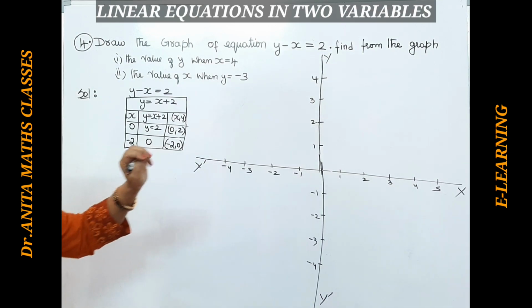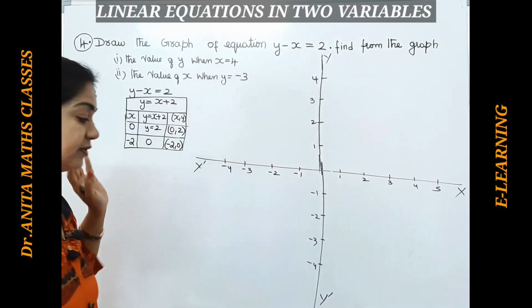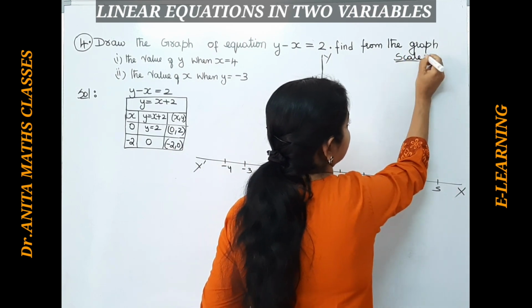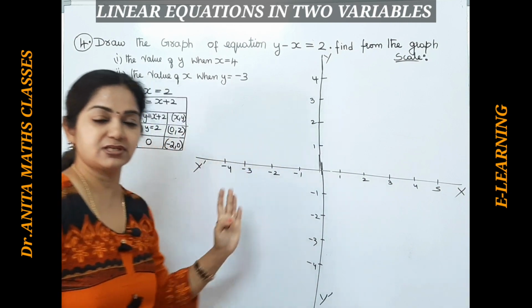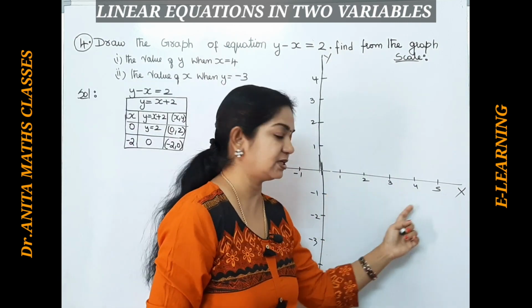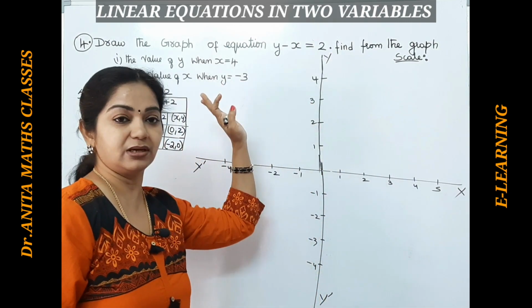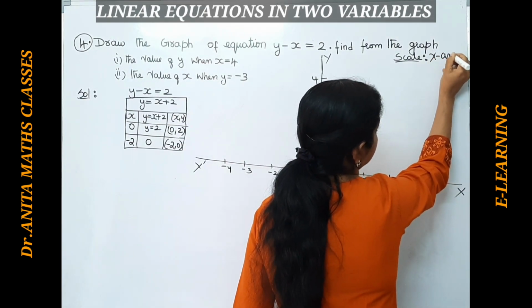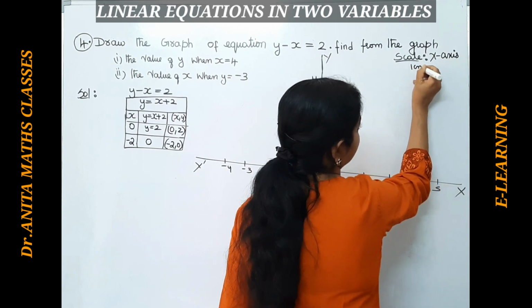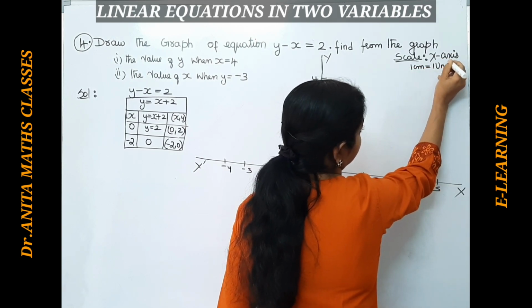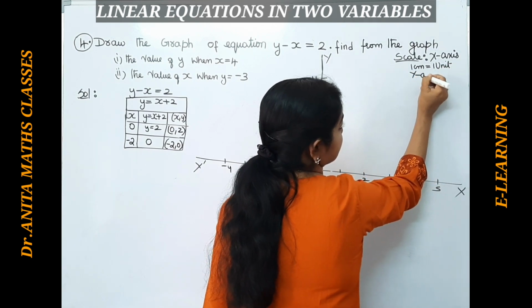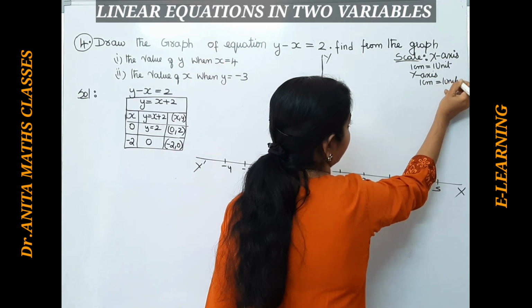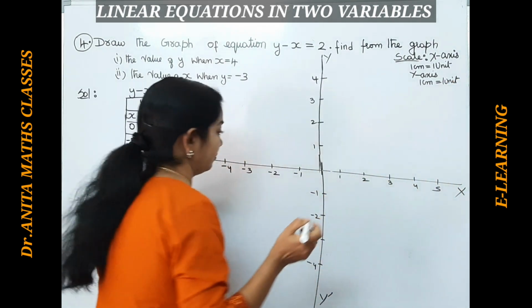Now here, and in the previous problem, sorry, we haven't mentioned the scale. Always we should mention the scale. Please make that correction. The same scale for the previous graph also, because we have taken 1 unit as 1 centimeter. On the x-axis, 1 centimeter is equal to 1 unit. Similarly, on the y-axis, 1 centimeter is equal to 1 unit. Please do write the scale for the previous third problem also.